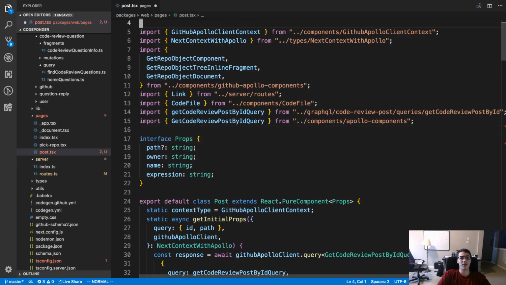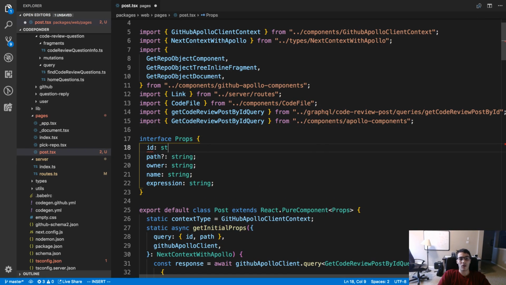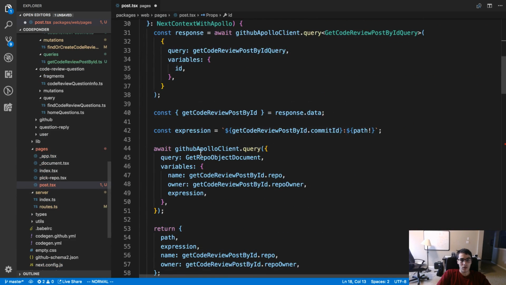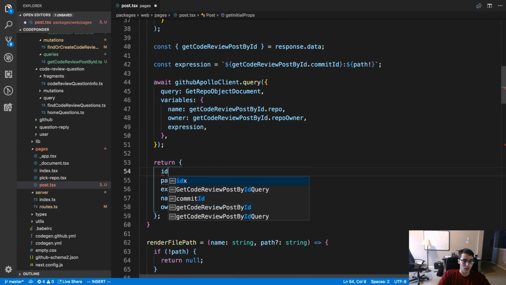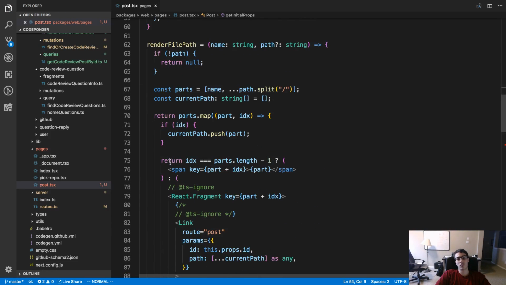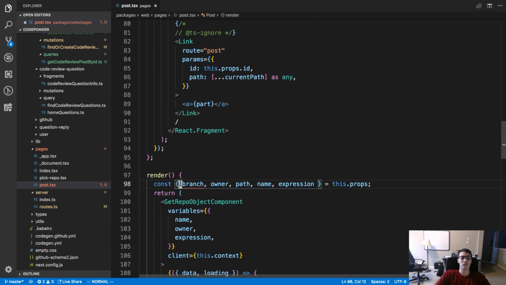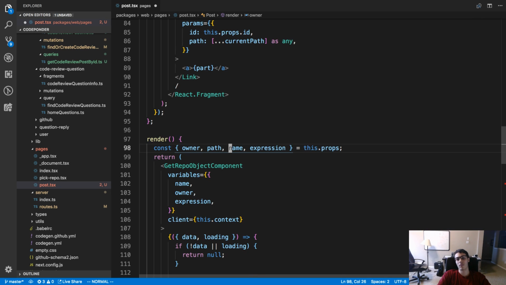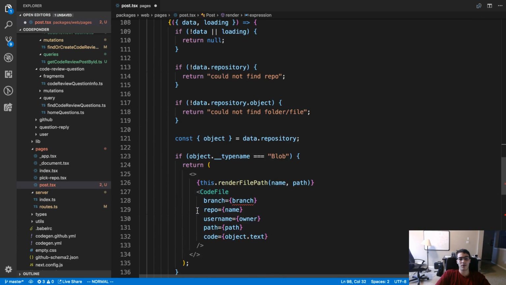So I'm going to pass the ID down as well. Alright, we don't care about the branch. And this is pretty much gone. Care about those things. The code file, we don't care about the branch anymore.